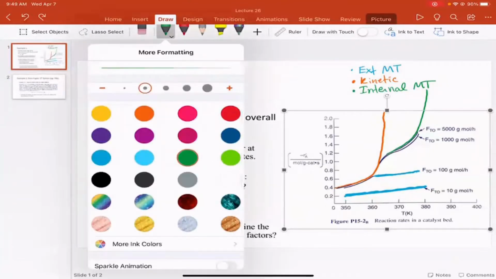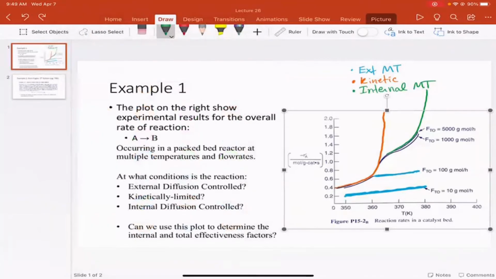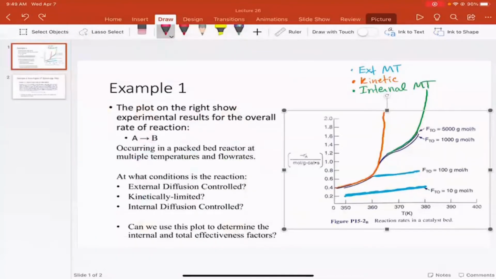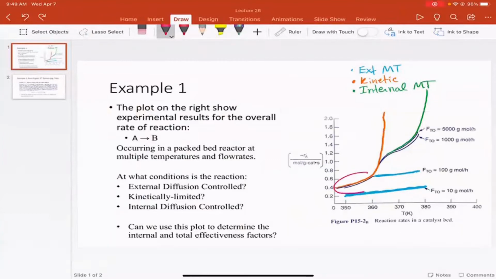Yes, that's a really great question. One of the things that's going to happen is that as we manipulate variables inside of our reacting system, you're going to transition between different types of control. So when I look at the 100 gram mole, what I see is that, we said in this range here, we're kinetically controlled. And then we said whenever you're linear, you're external mass transport controlled. So that is my belief of what's happening here: you're kinetically controlled here, and then you transition to external mass transport control